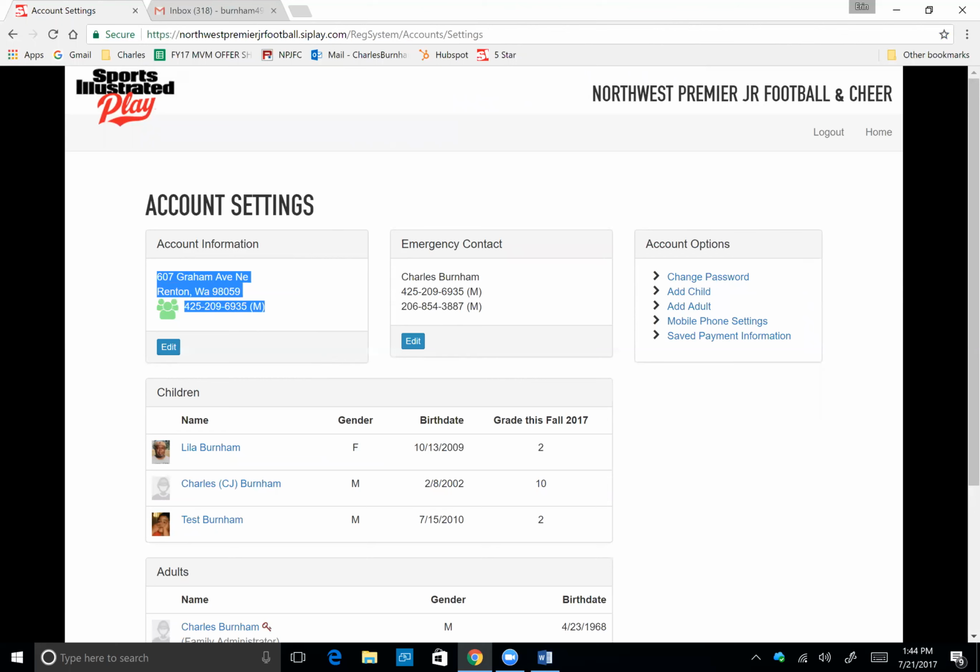You can add your address if you like. It's not required, but you can add your address there. And then from there, you can add children and other adults to the account that you want to have access. If you want other adults to have access to the account, you can add them under adults. You'll definitely want to add the children that you have playing in Northwest Premier under this link here. So if I go to add child,